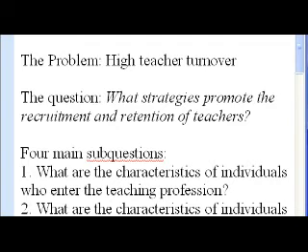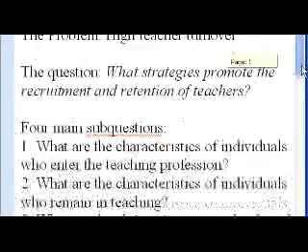So they're focusing on strategies. They're not looking at specific perceptions. They're looking at actual things that administrators could do or have done in the past along two lines. One, to recruit teachers, and the other is to retain them. So it's clear, it's to the point, and from that we start to develop sub-questions that we can actually turn